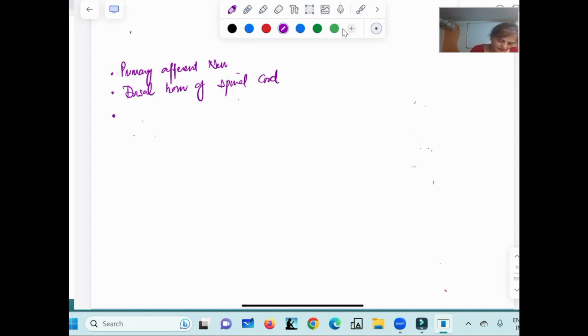Okay. Then spinal cord pain transmission pathway,